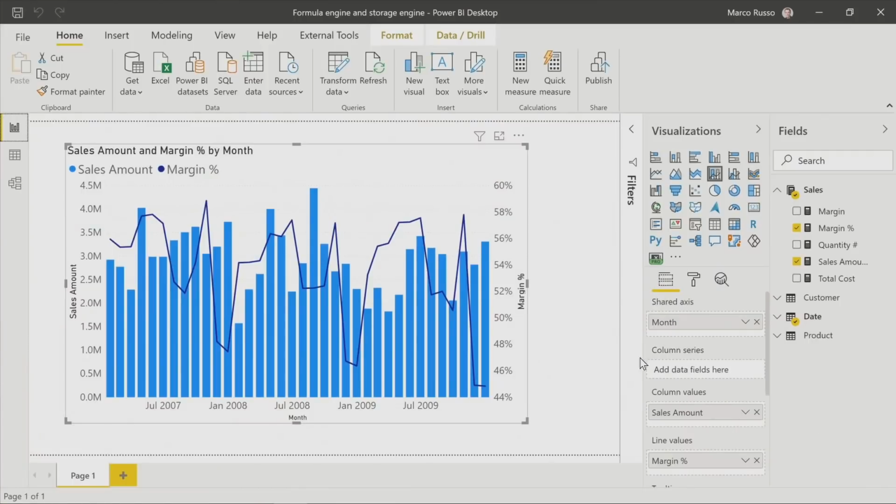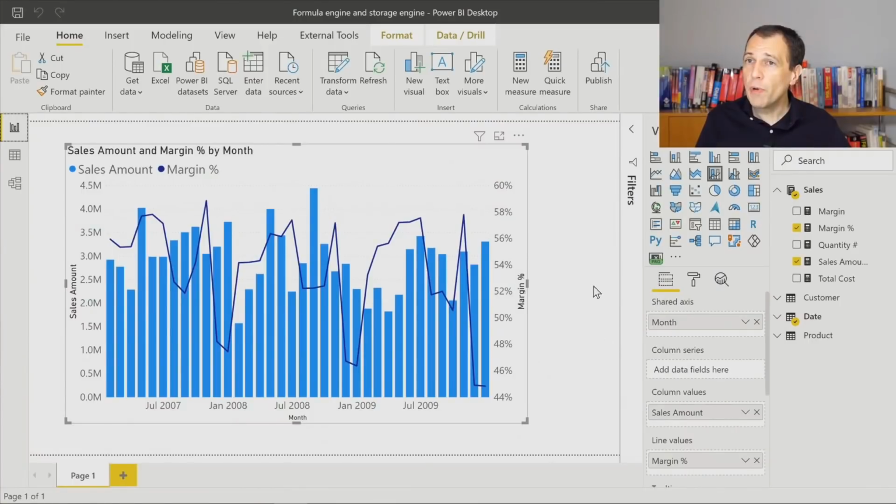example using a different storage engine, because at this point we have seen the storage engine using DirectQuery. Now we see what happens when you import the data in the model and you use another storage engine, which is VertiPaq. Every time you import the data in memory, the engine used to keep the data compressed in memory in the Power BI file is called VertiPaq. This model has the same data that we have seen before. The only difference is that now we have the model imported in memory.